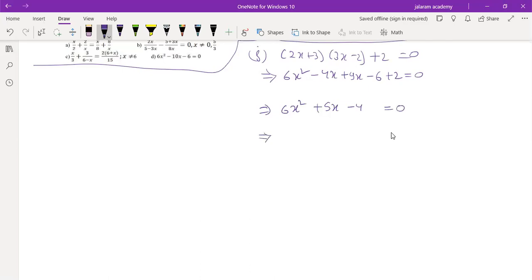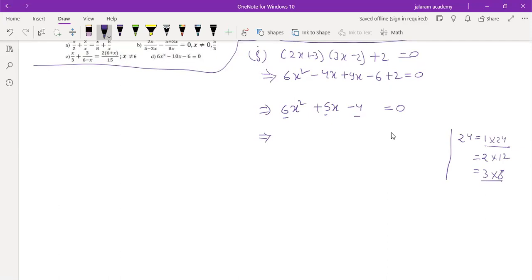It implies that 6x square. Now first we multiply these two. 6 4s are 24. We have to find the factors whose difference is 5. So we start again, and this should be done verbally. Actually, I am writing it in rough, but gradually you have to do it verbally without writing. But this can be done only when initially you practice by writing. And 3 into 8, and its difference is 5.